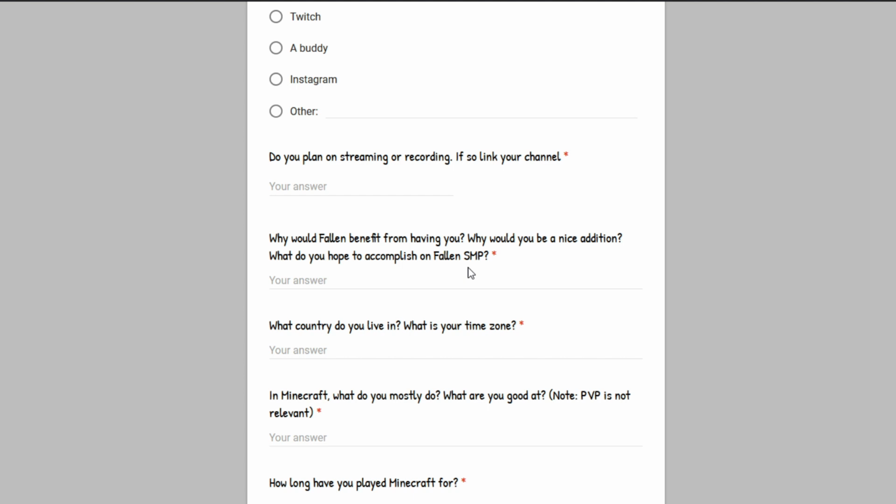Someone who says, oh, I'll just figure it out when I get there, versus someone saying, I want to build a really cool base, I have this idea, this idea. If someone already has a plan, they're most likely going to be active, versus a person who just goes in and says, oh, I'm just going to try it out. And then they try it out for 2 days and then they leave the server. So that's what we're gauging here.